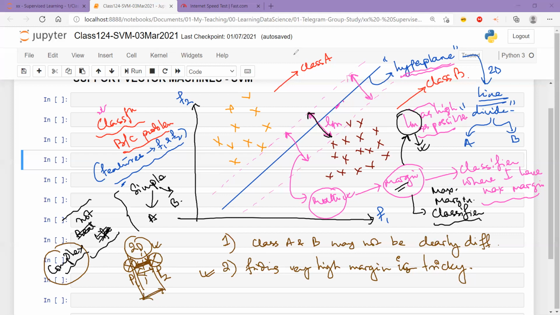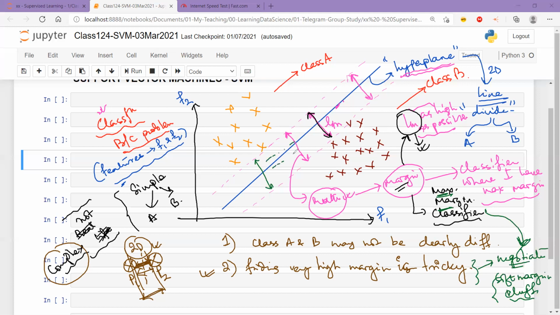So how do we solve this problem? As we already discussed earlier, the solution to problem number 2 is very easy. We forget this idea, or let's say we are going to negotiate on that idea of finding a maximum margin kind of a classifier. I'm going to say, okay, even if it is not the maximum margin, it'll do. So I don't mind if this distance is small. I don't mind really. It can be a bit small also.